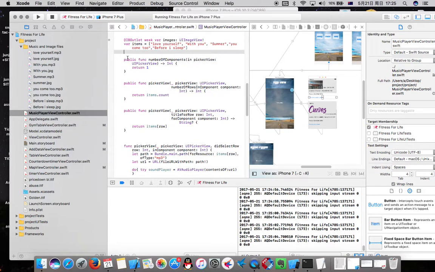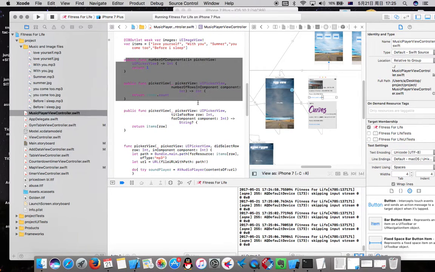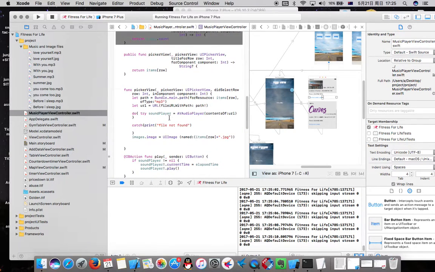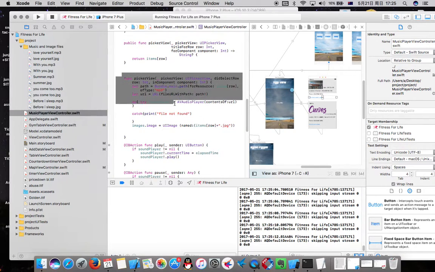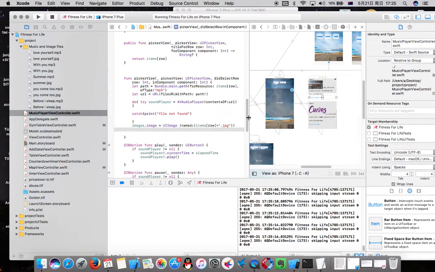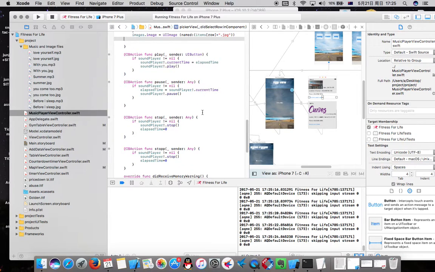And this defines the picker view's counts, and this defines the picker view's images inside of here. And when users select different songs, the different images will show up inside of there. And these three